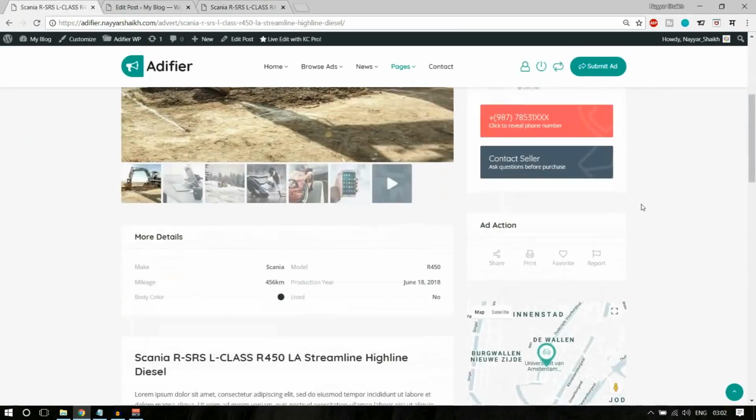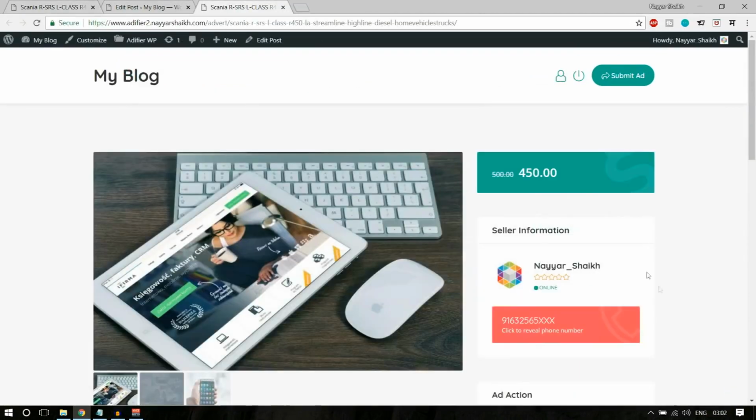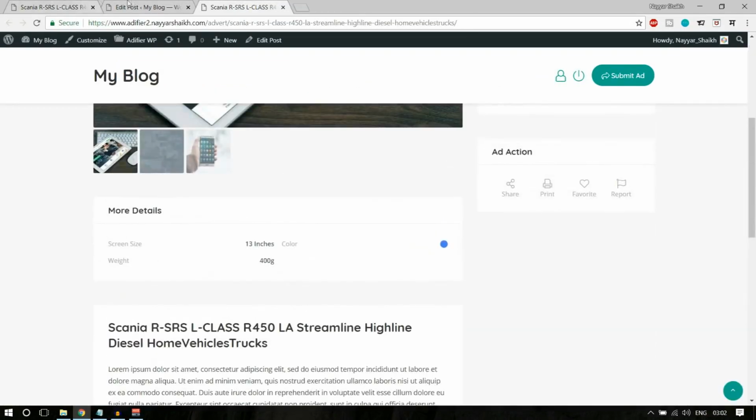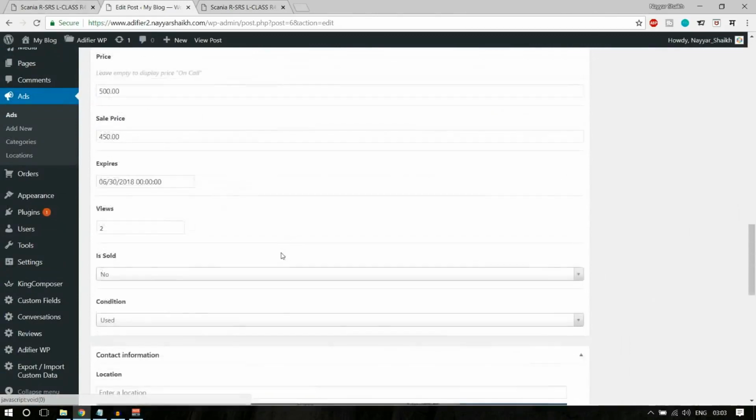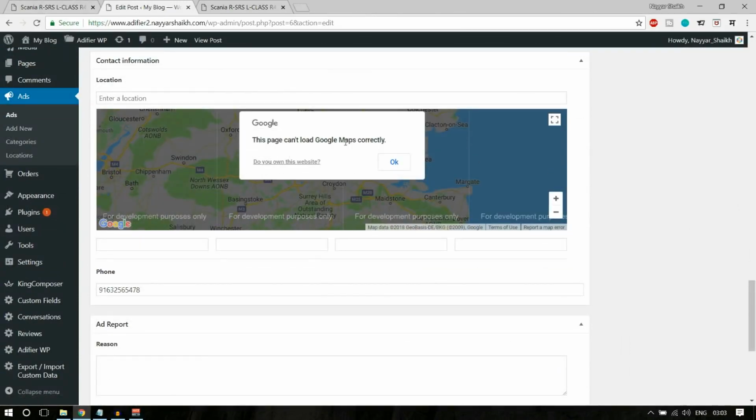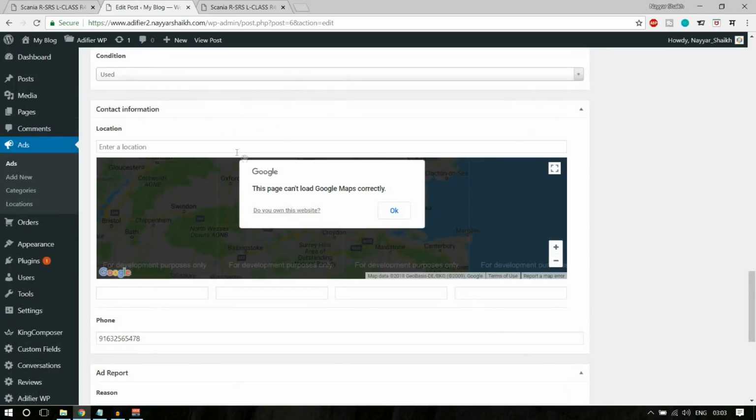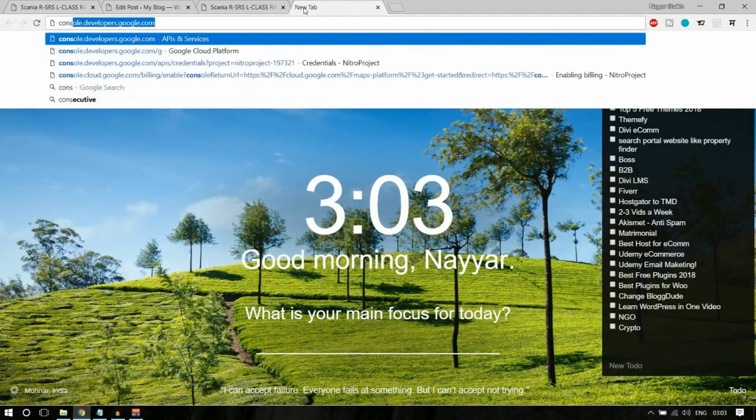Now if you see over here, we have this map, but here we don't have this map. We don't have any map, and here our map is not working. Okay, it says this page can't load a Google map correctly, because we need something called Google Map API for this. So what you can do, you can open a new tab and type in